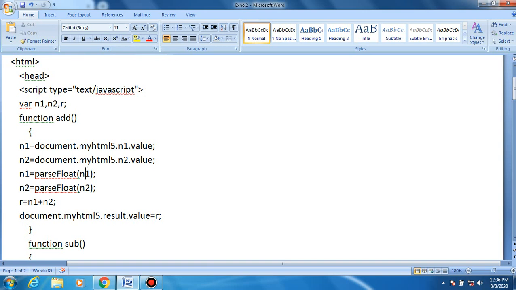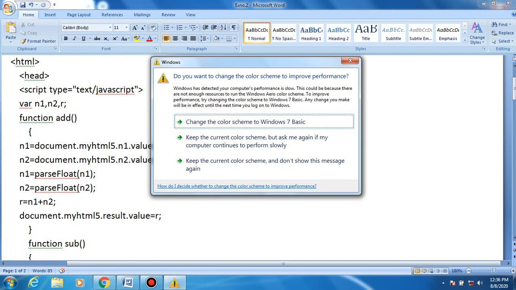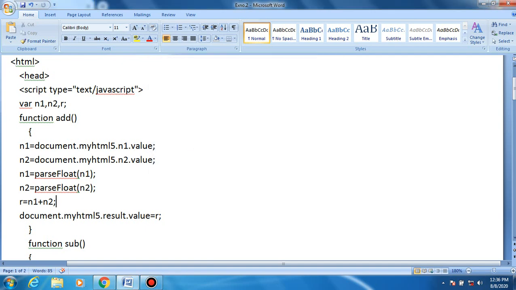And n1 equal to floating number. Sometimes we may give decimal numbers like 1.5, 1.25. r means the result, which will be stored in r equal to n1 plus n2, and document myhtml r.